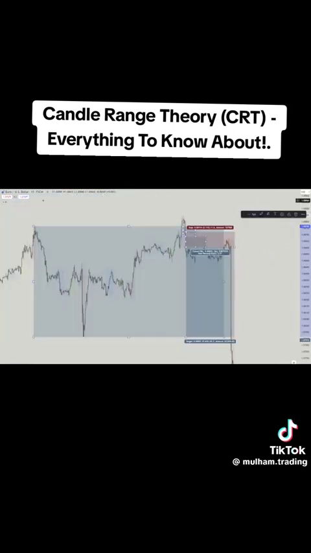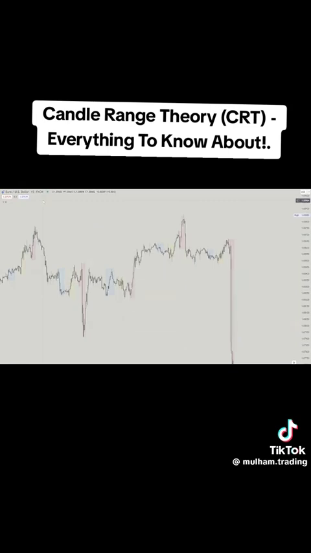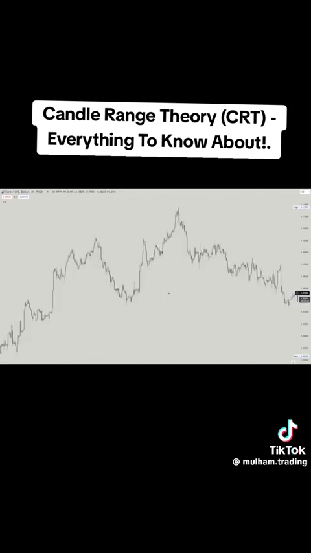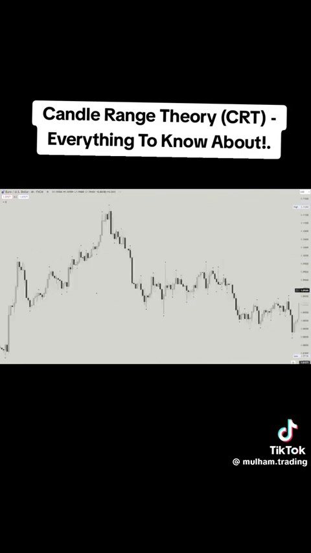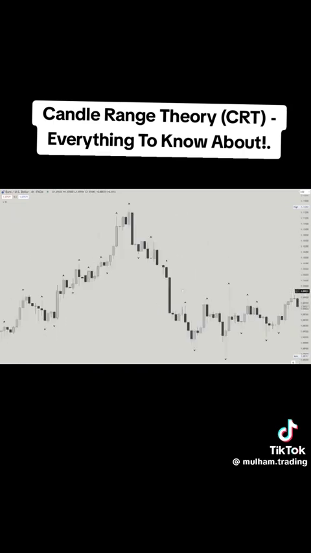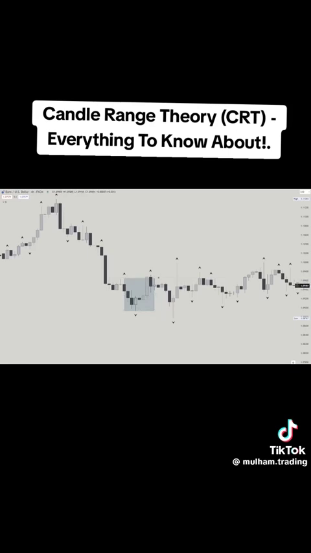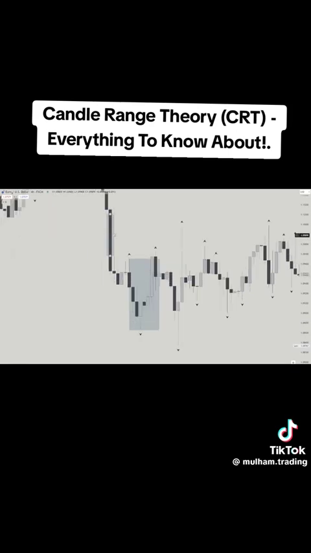You could have applied this on 50-minute or 5 minutes, the same logic behind the fractal liquidity, right? So it happens all the time. I could go anywhere and show you an example. What we have here, for example, is this range. What happened is we took the high and then immediately go to the low. And you could have also executed in this. And this is a high probability one.